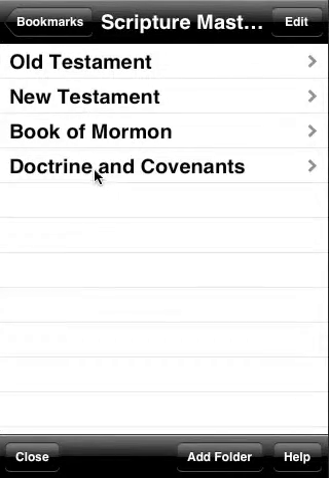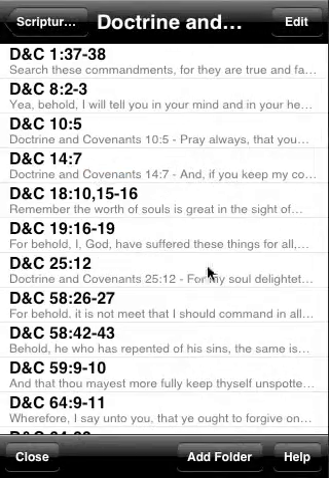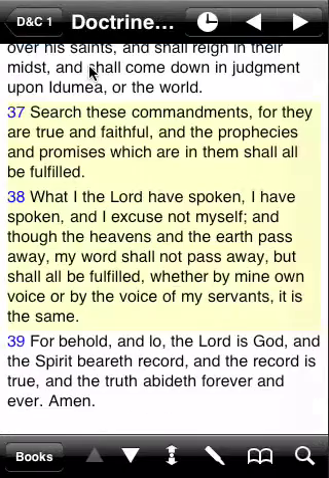Scripture Mastery. Let's say for example we're in here and we want to work on all of the verses in Doctrine and Covenants for the Scripture Mastery. Let's pick the first one for example. It takes us there. Normally this would take about a second on your normal iPhone or iTouch. It navigates there, highlights all those verses, and what you'll see down at the bottom now is